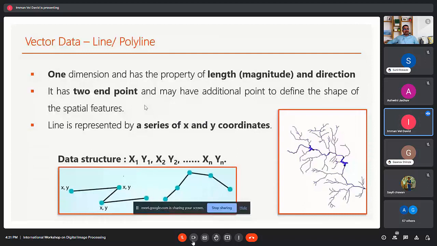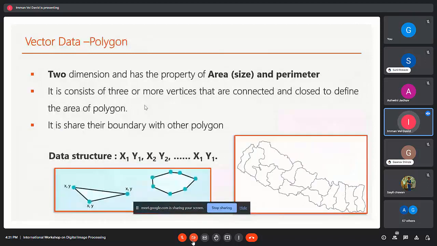Okay, then after the line, vector data in polygon represents two dimensions and has the properties of area and perimeter. It consists of three or more vectors that are connected and closed to define the area of the polygon. It shares its boundaries with other polygons.